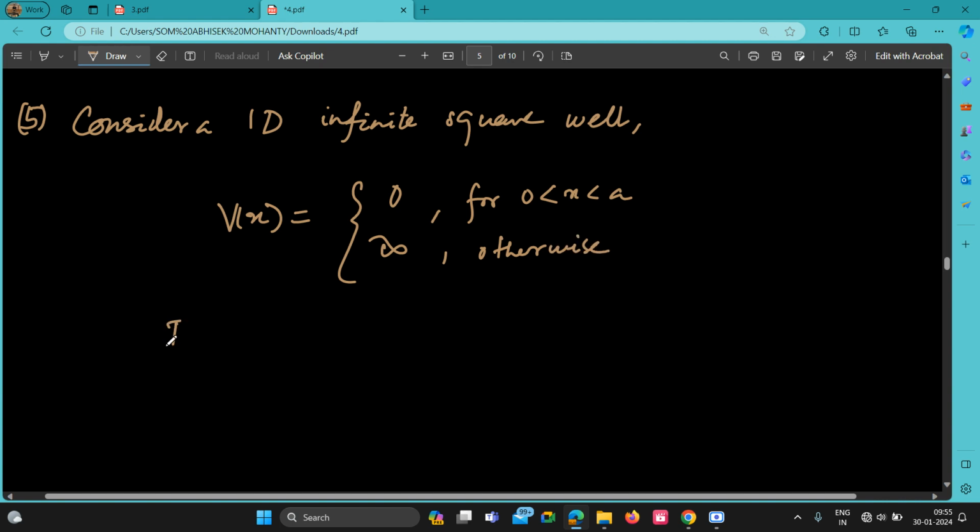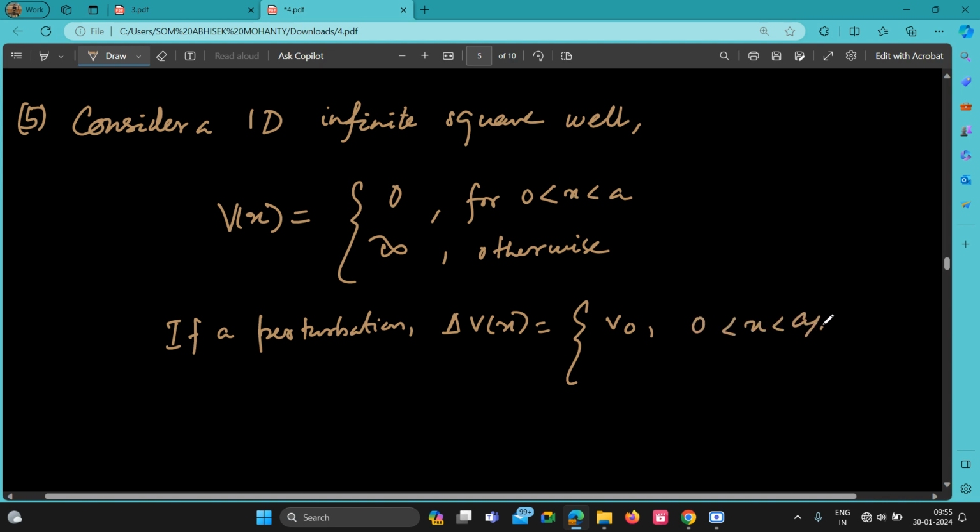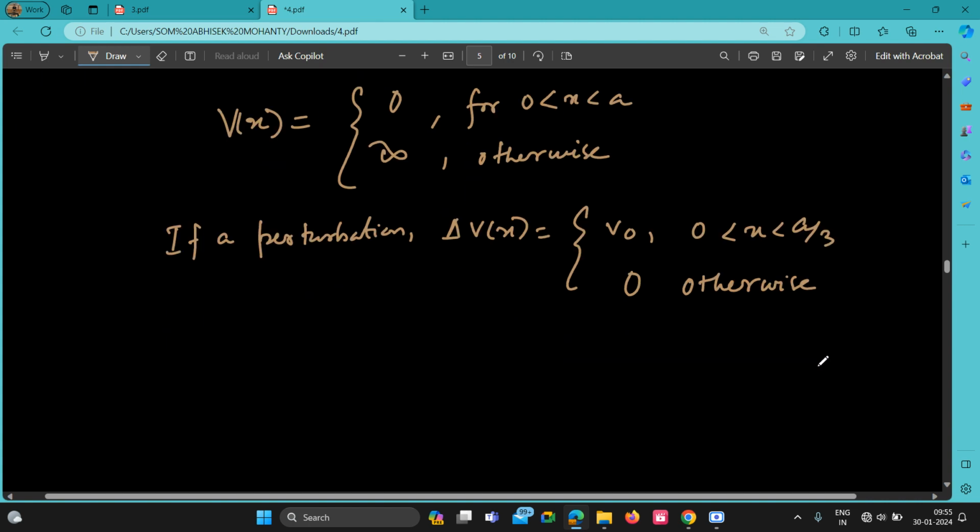If a perturbation delta V(x) is equal to V naught for 0 less than x less than a by 3, and 0 otherwise, is applied, then the correction to the energy